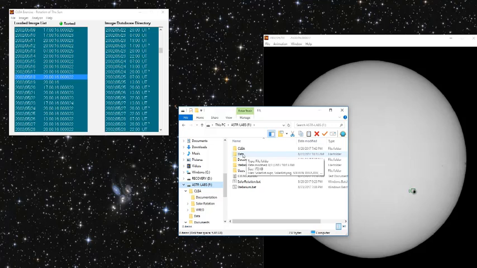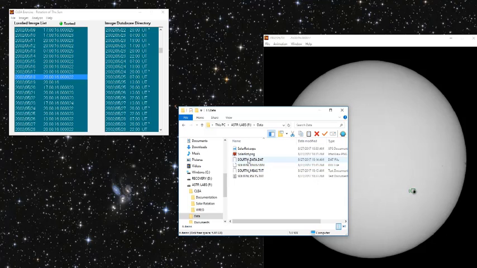The reason we want to store our information in the data directory is that if you use the default directory and your program crashes, CLEA has this tendency to erase your previous data, but if you put it in a separate directory where it doesn't necessarily know where it is by default, it'll retain your data and you can pick your data up and run with it again. So again, it's always a good idea, and in this situation we have the solar rotation data stored in the